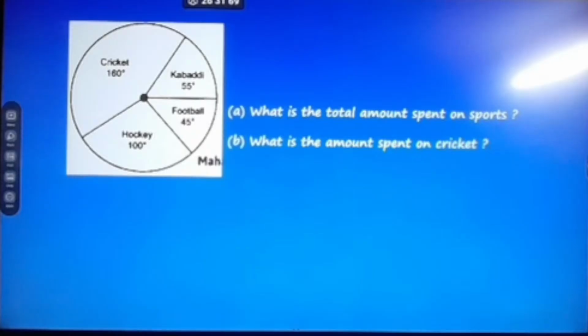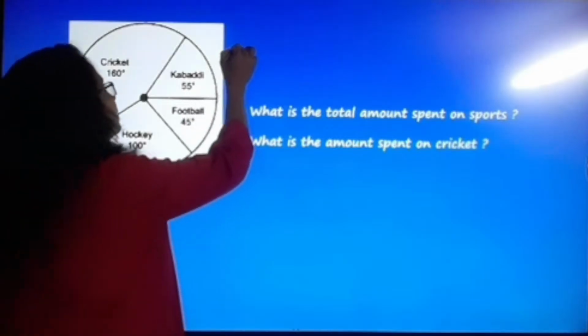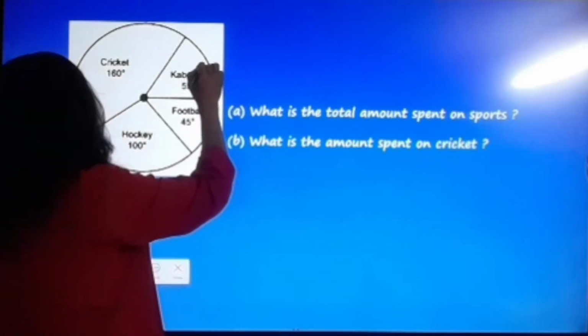And if the money spent on football is 9,000,